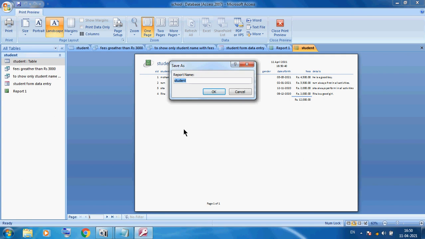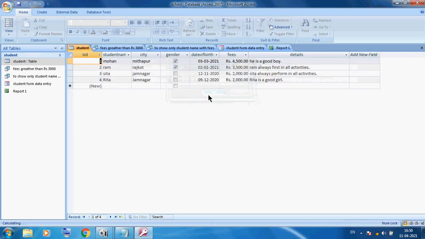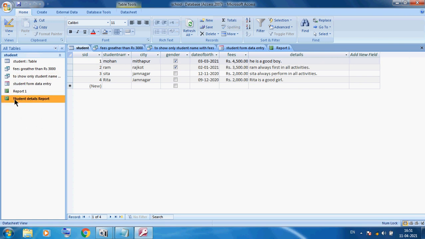So we can save it as student details report. Now you can see we have 6 objects. Student and Report 1, these are our reports.